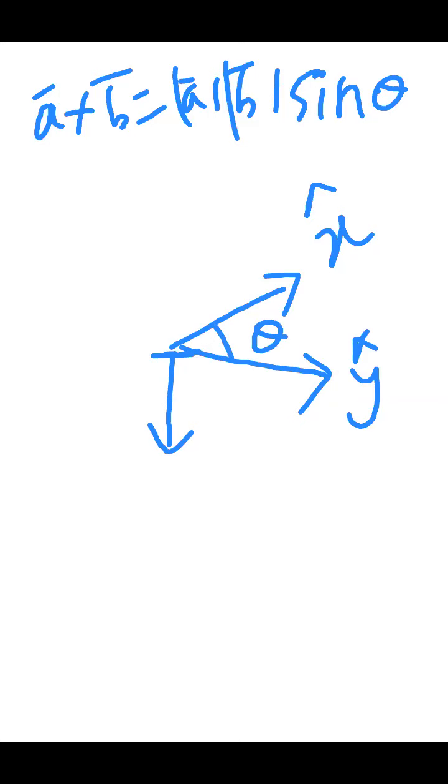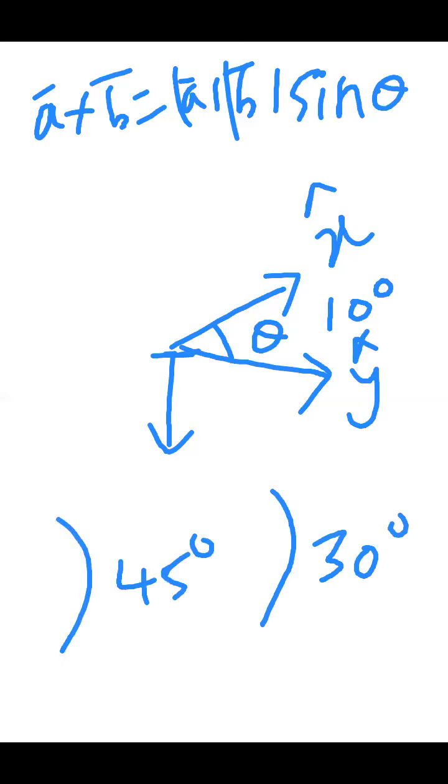That is the idea of theta in the case of cross product. As theta increases, magnitude increases. In our case, as theta increases, we can complete our job in very less time, because as theta is more, for every rotation you are giving more force. Please think of yourself. For per rotation, you are making 10 degrees. How much time will you take? Or for per rotation, you are taking 30 degrees. Or for per rotation, you are making 45 degrees. Then how much time will you take? Definitely the time taken will decrease. You can complete the operation very easily.